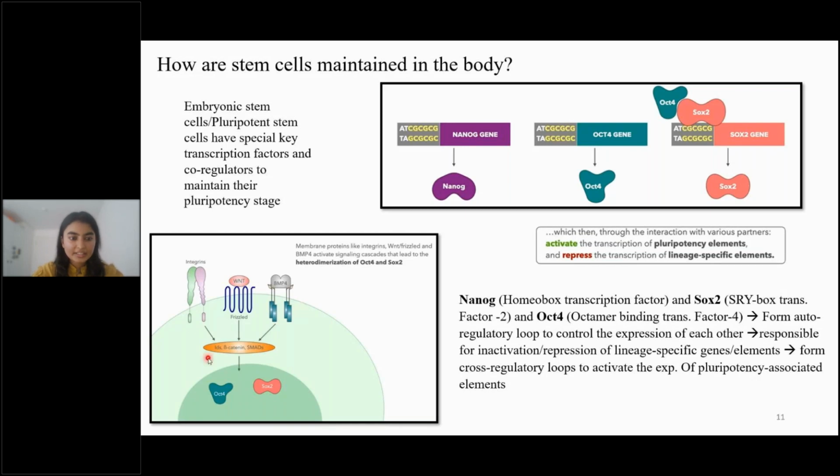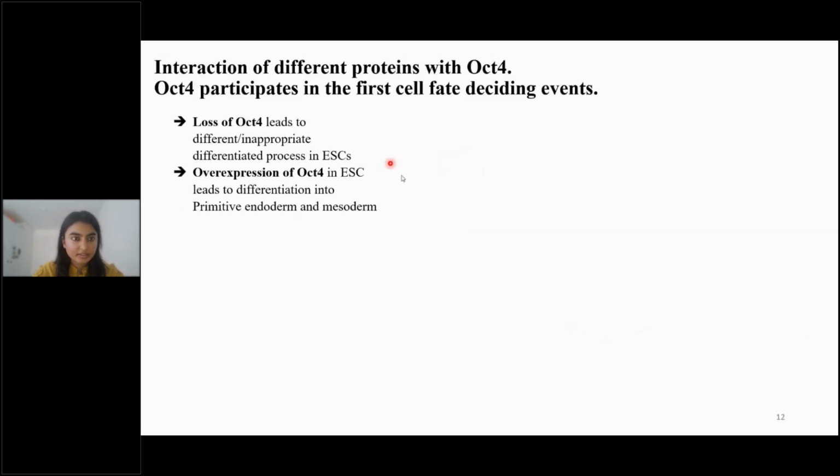These will activate beta-catenin, the SMADs, the IDs. After activating these, they all go and activate OCT4 and SOX2. One thing you need to remember is that OCT4 and SOX2 dimerize. What does dimerize mean? They interact with each other, and this interaction leads to NANOG forming. I'll explain it with the slides.